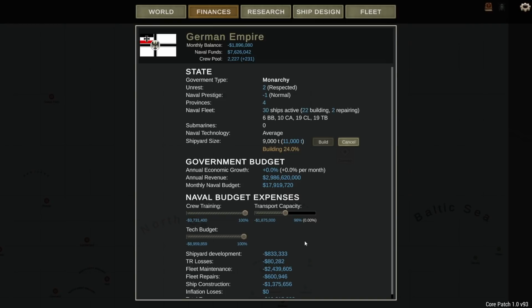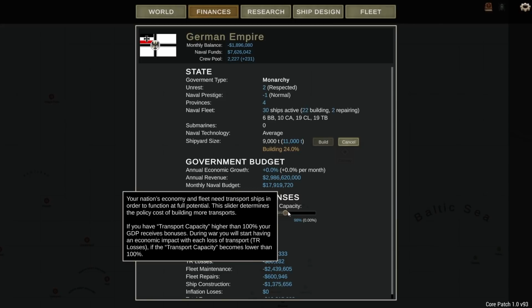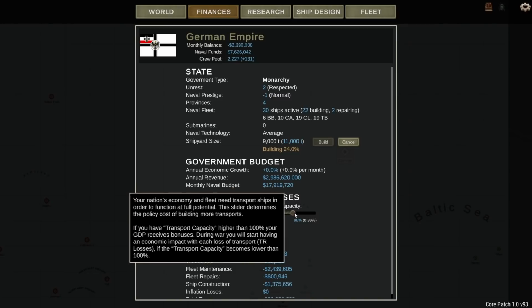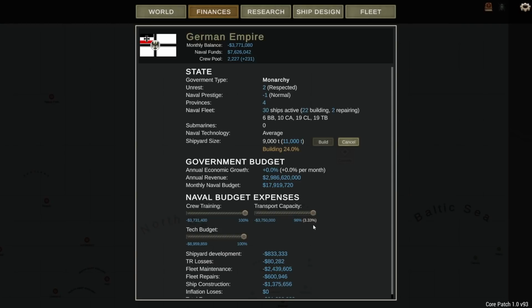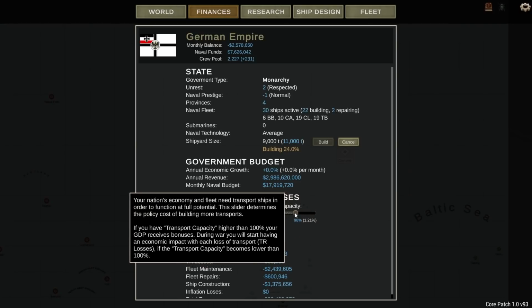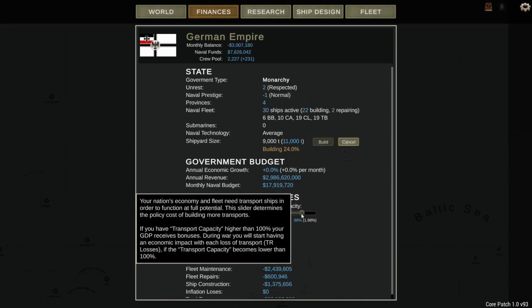Okay. And then we're at 98% transport capacity. So this is like our economy and whatnot. So we can bump that up a little bit to get it 3%. I don't know what I just did. If we go to 2%, is that a 2% increase, or